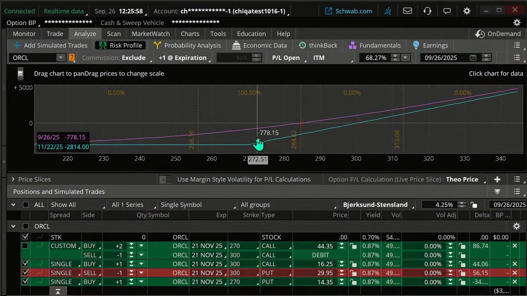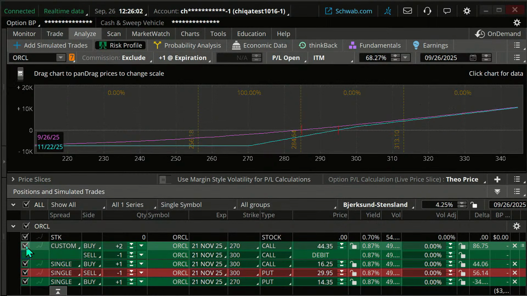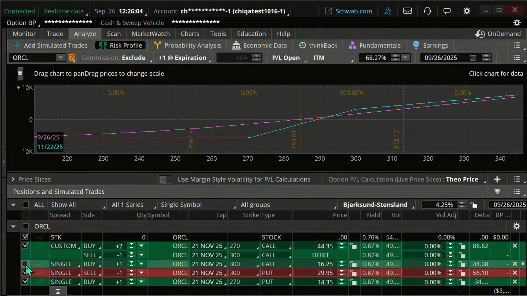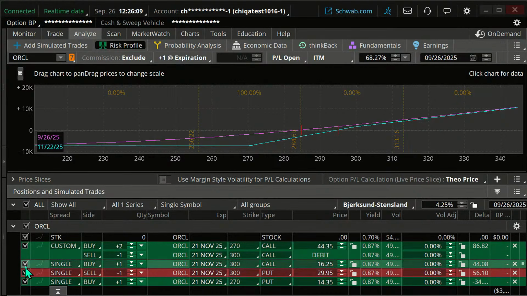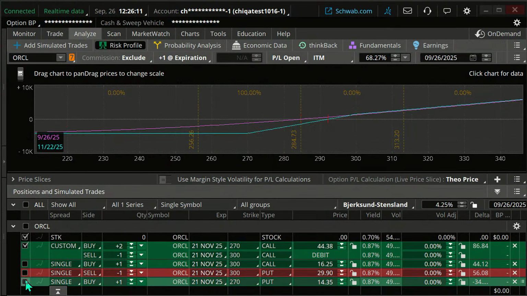And I would say the next level is look at your Greeks on this, okay? So let's look at it. I'm checking and unchecking what I want to look at. I can look at both trades together right there, or I can uncheck the ones I want to uncheck. And if I just want to delete a slice, I can just delete it. But if you have one that is already in the paper money account, you can uncheck it, but you can't just delete it because you already have the trade in there. Okay, but let's look at our Greeks here on this.